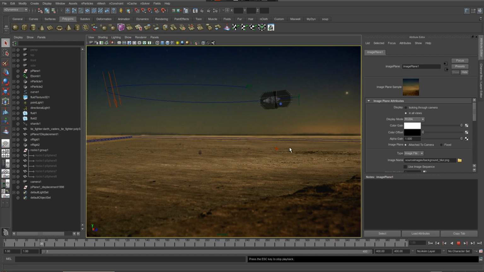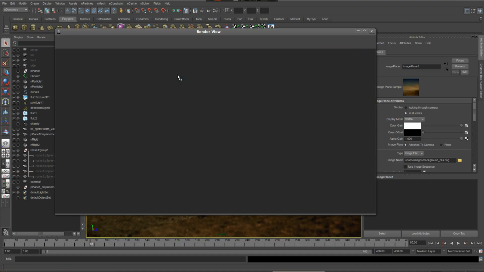Again, sorry about the simulation time, but with all this going on, it can take a second or so for each one. I would say when you start playing with a higher resolution, you can expect that to take quite a bit longer for your simulations when you play with the higher fluid resolutions. Okay, and if I just stop this and take a quick render,